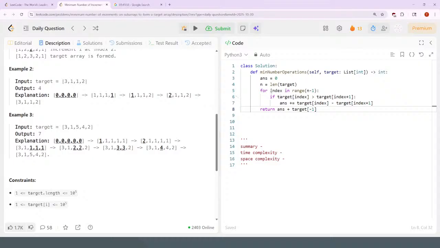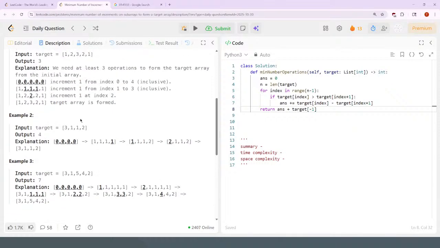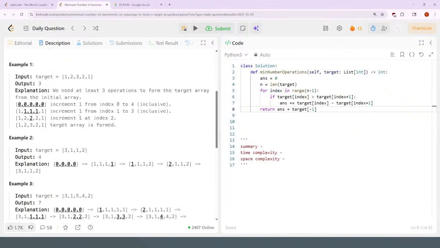Maybe there's a better formulation of what should be calculated here. Every time I see it decreasing, I increase the value by the difference. 3 to 1 is 2. Anytime I see it increasing, I should just